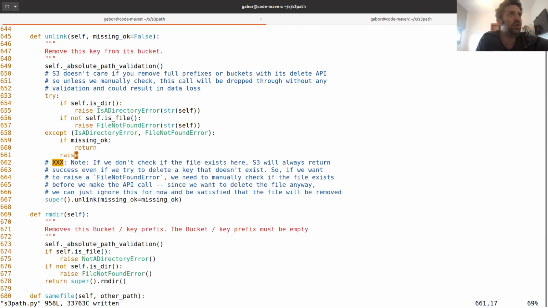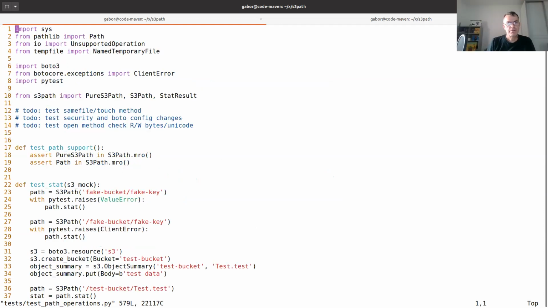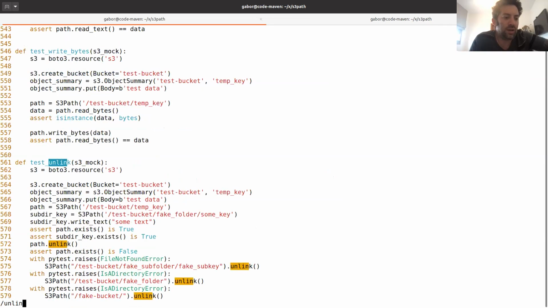And now for the real part, testing. Okay, so let's go to the tests section of the library. Exactly, path operations. Now, this one, right? And let's search for unlink test. Perfect.